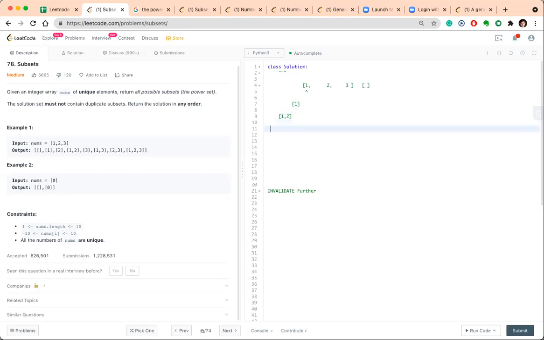Then you go deeper and you take 1, 2, 3 into the stack. Now you're exhausting the numbers, so you backtrack to your previous stack. Now you start from there. The next element that is left is 3, so you add 1, 3. And you exhaust it. That way it will be easier. Perfect, yes, this is a perfect way.